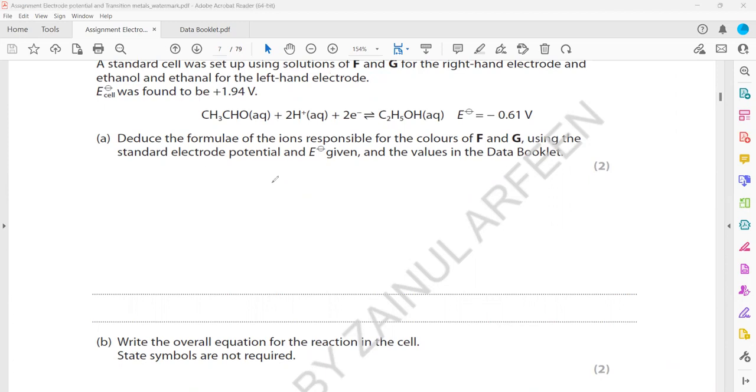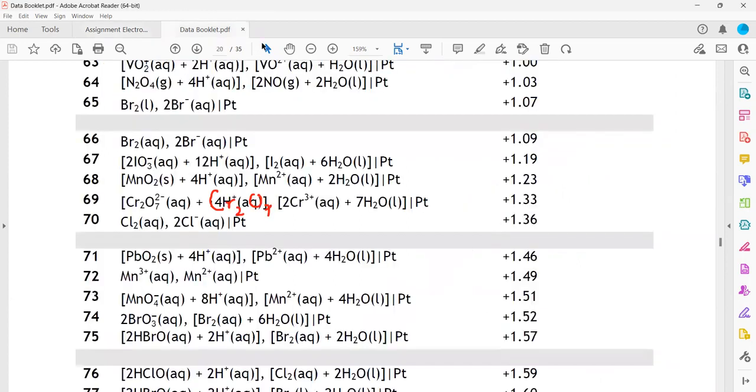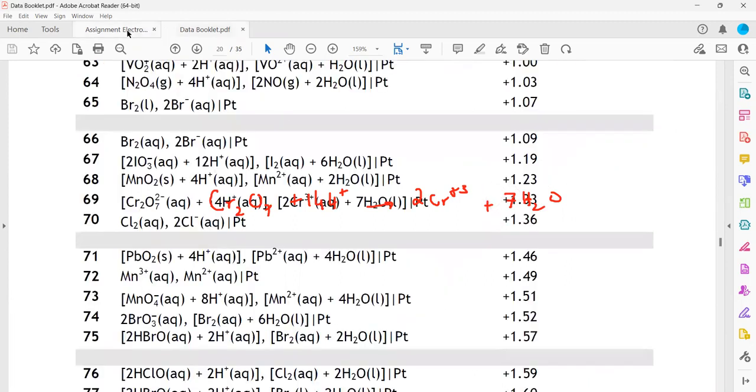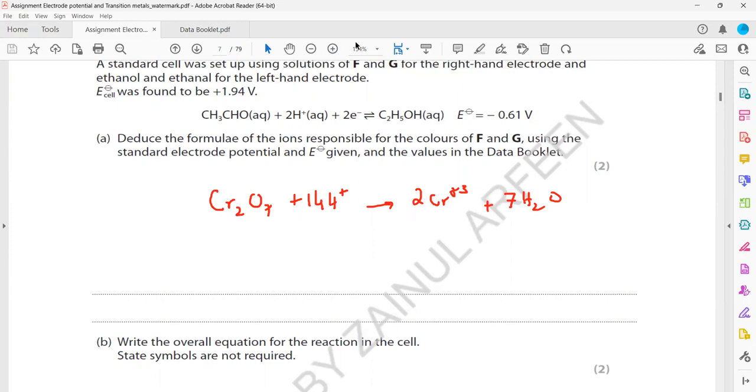So it is Cr2O7 plus 14 protons are there, will give 2 Cr plus 3 plus 7 water molecules are there, and the number of the electrons in this system, as the overall charge, because here when we check the overall charge, these are the 14 and this was minus 2,